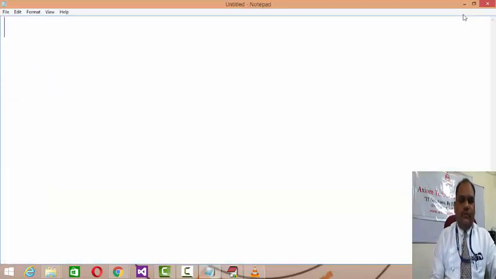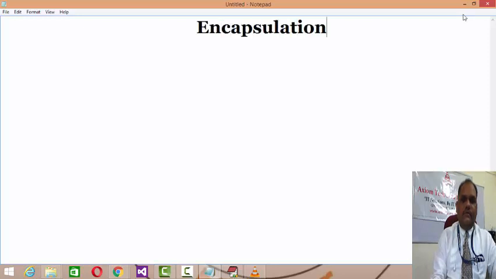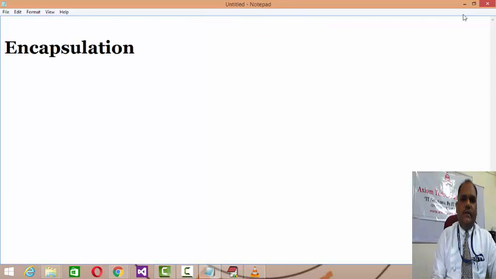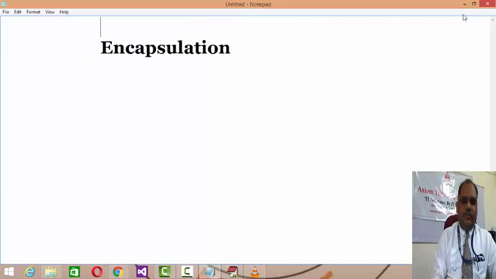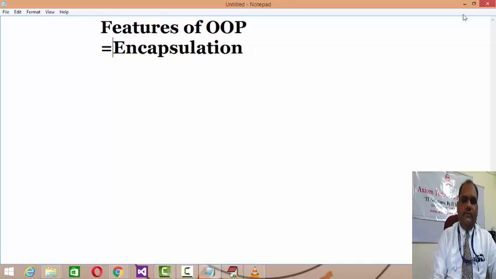Now in the last sessions we were discussing how encapsulation works, right? We're discussing the features of OOP. OOP stands for Object Oriented Programming, and there we discuss the basic concept, encapsulation.